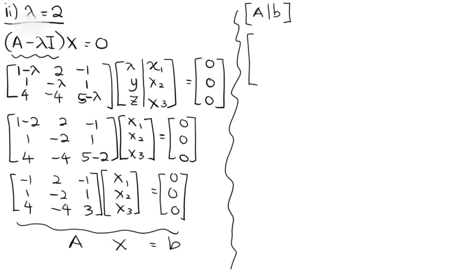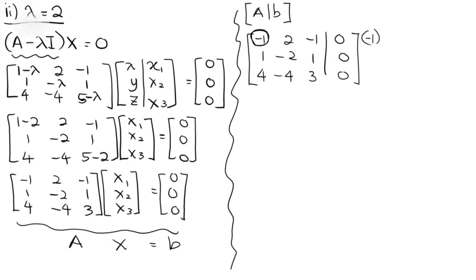So A is negative 1, 2, negative 1, 0; 1, negative 2, 1, 0; 4, negative 4, 3, 0. Okay, first find the leading one in this entry. So negative 1 times row 1, you will get